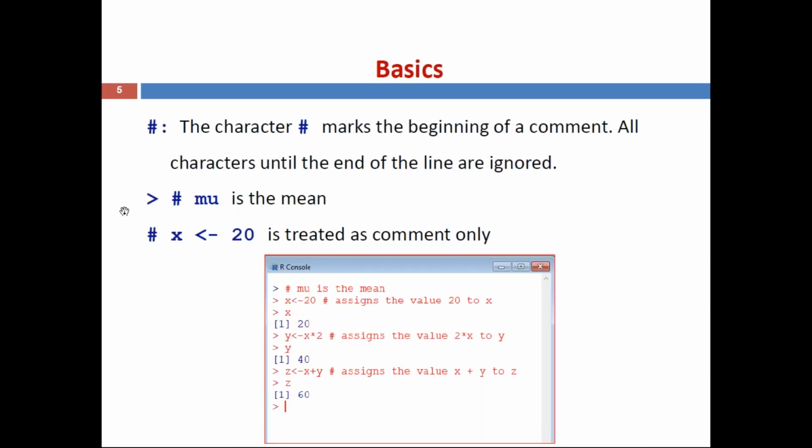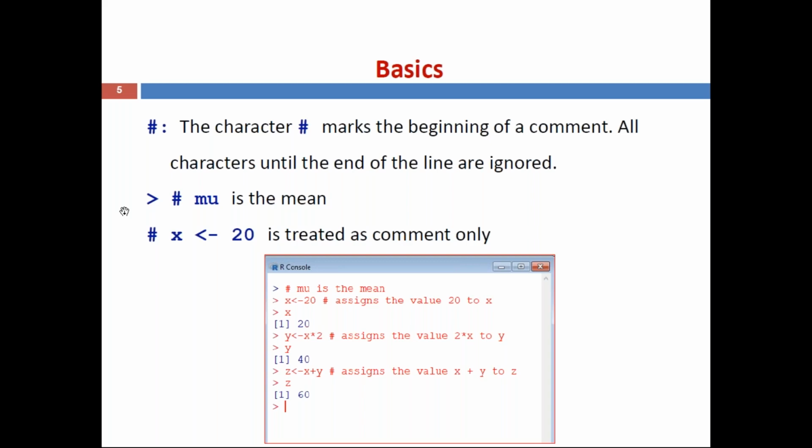Then coming to the next one: like in any other programming language, how are comments included or represented? In C language, there is one style, which may be a single line or multiple lines. In Java and C++, there are various ways of representing comments.